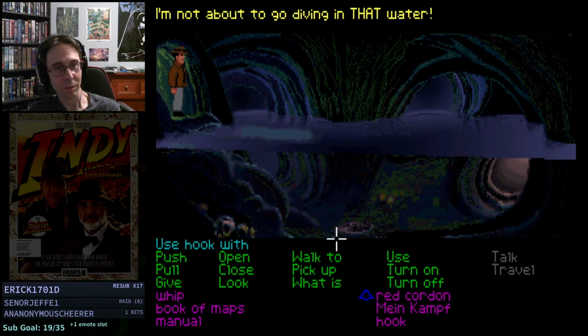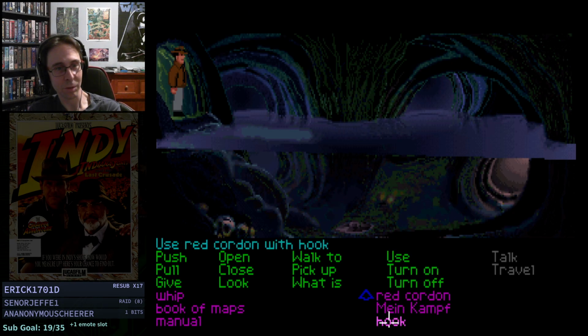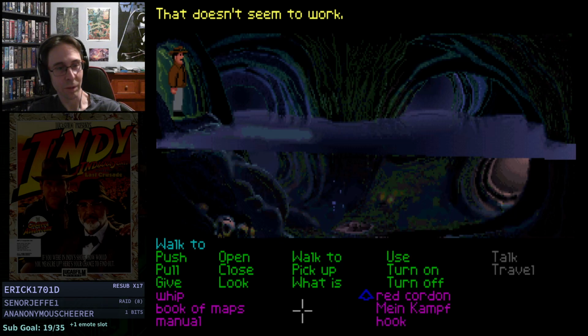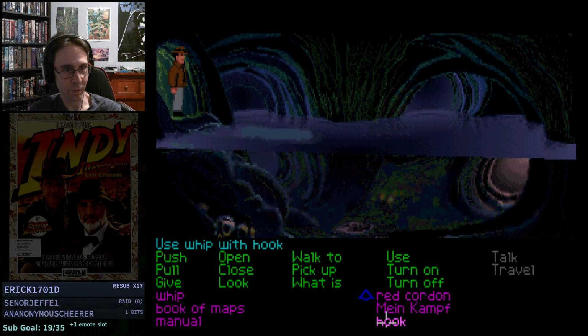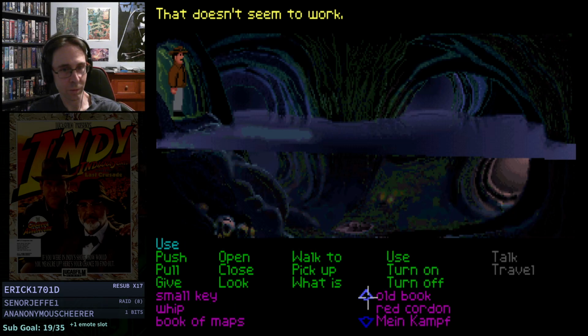Use hook. Oh, maybe with... Oh, use red cordon on hook. Oh, no. I didn't try stuff on stuff here. Use whip on the hook. Use whip on red cordon. So we tried this. Now use...